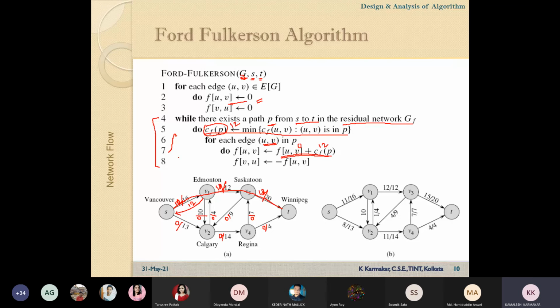Using DFS, you can find the path from source to sink, and then after getting this path, you have to check the flow through this path and update the edges. Again the residual graph is formed. From the residual graph, in the next iteration, if you get any path, you proceed, otherwise it will terminate.